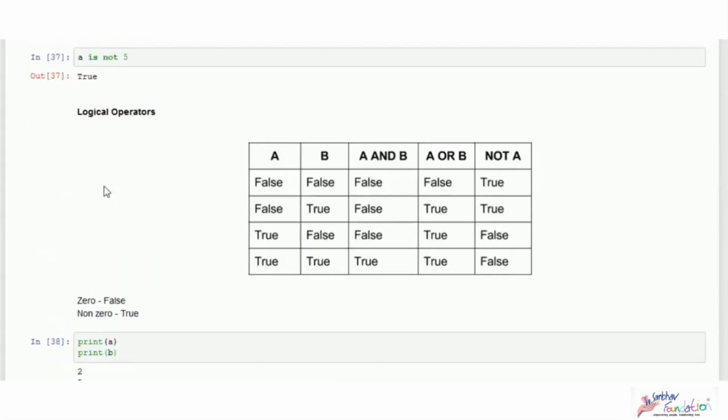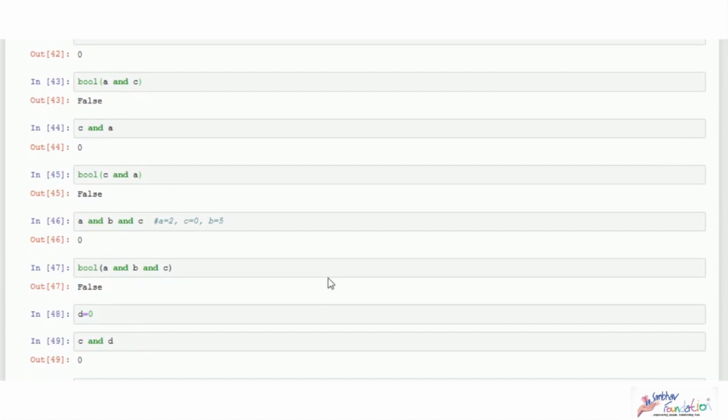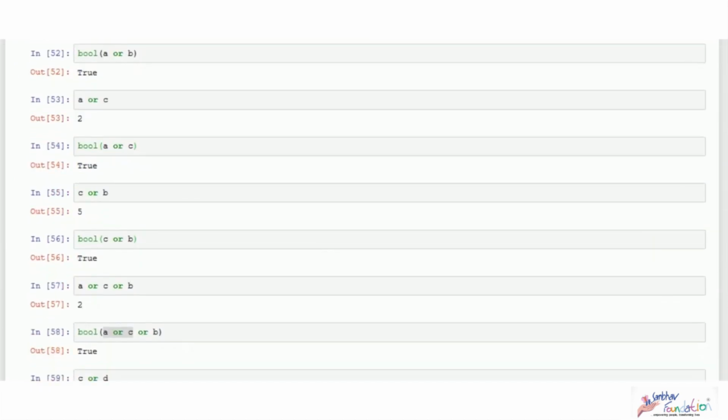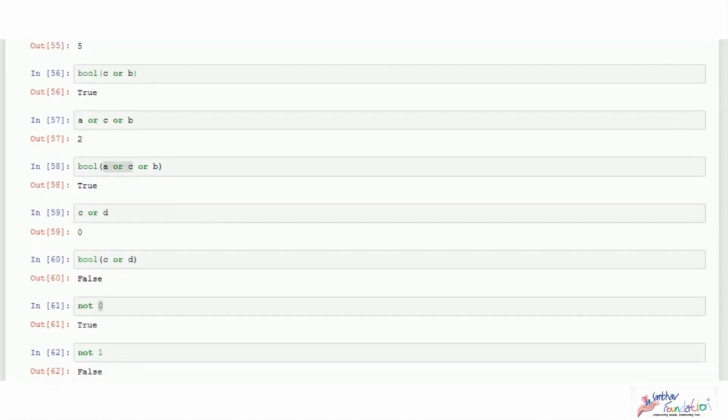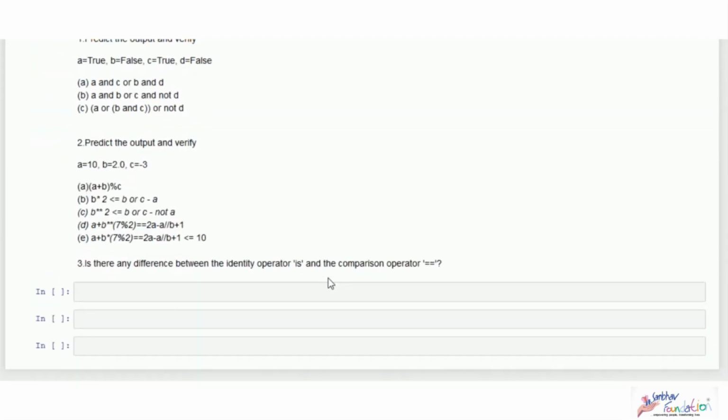Similarly, in the identity operator, you can see 3 is 0b011 also gives you True. So does this mean that they both are the same thing? I'll just tell it to you directly. They are not the same and there is a difference, but I want you to explore what the difference is between them. I purposefully did not explain the difference when I was teaching about both those operators. So I want you to go ahead and search the internet or check books on Python on how they differ. When you explore it yourselves, you will learn a lot of new stuff rather than just sticking to textbook teaching.